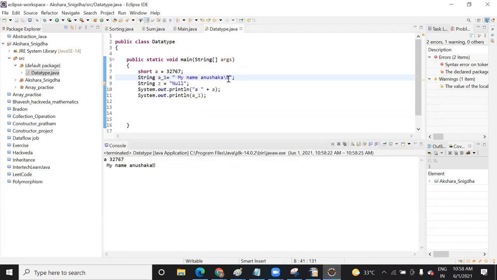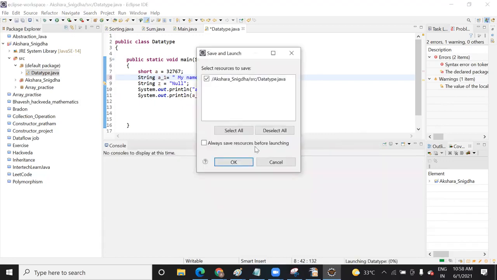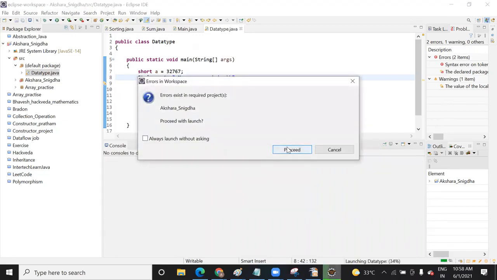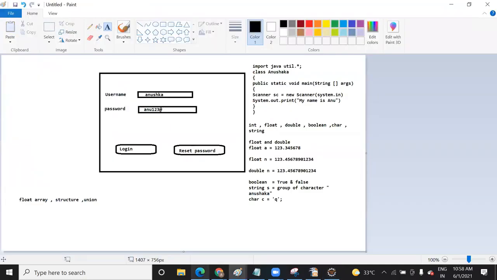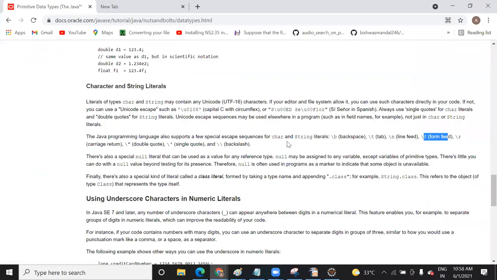I think it's not able to identify it. Let me check this one. Are you able to listen? Yeah.